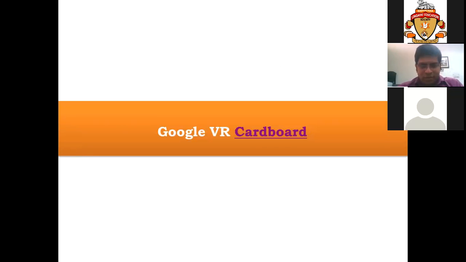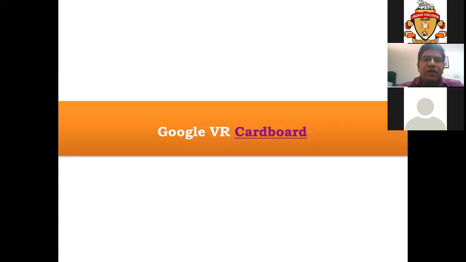Now, for visualizing this VR application, we need VR glasses, or we can see it on the computer screen or mobile screen. But to get a more realistic feeling, we need VR glasses. There are Oculus Rift or HTC Vive Pro. Those glasses are there, but they're very expensive. There are also a number of VR glasses available today, but I thought to show you